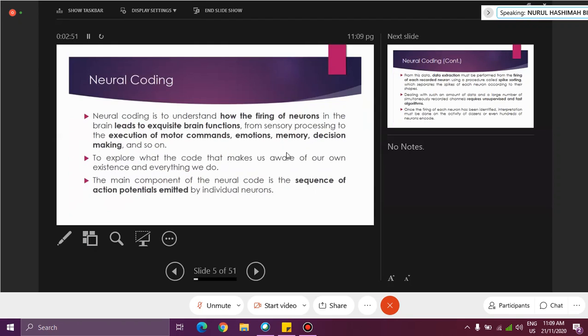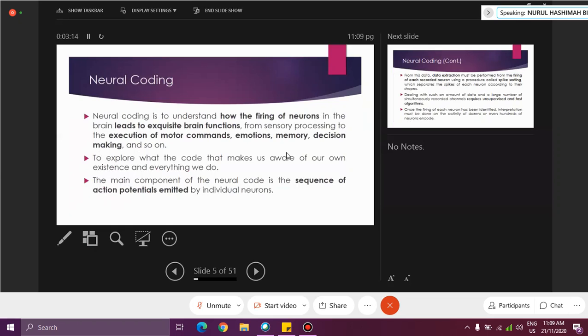So how this neuron, the action potential, actually causes our body other responses that relate to other parts of the body via brain instruction,